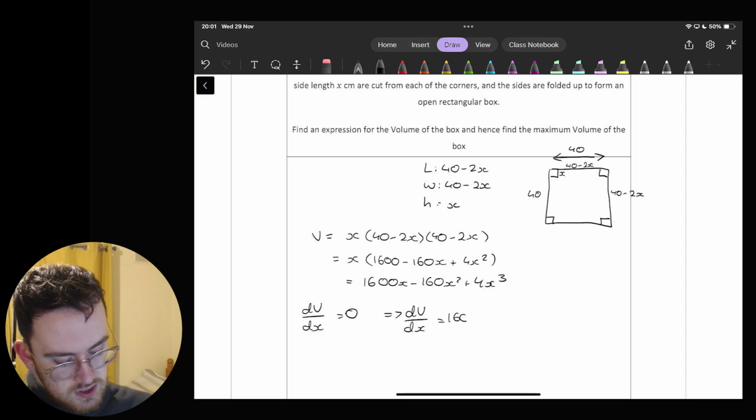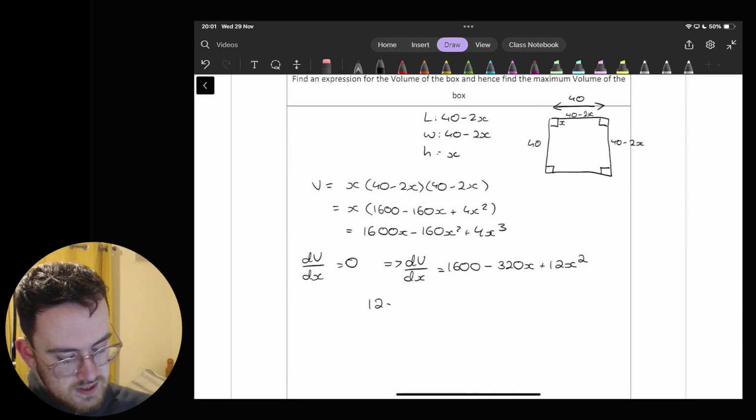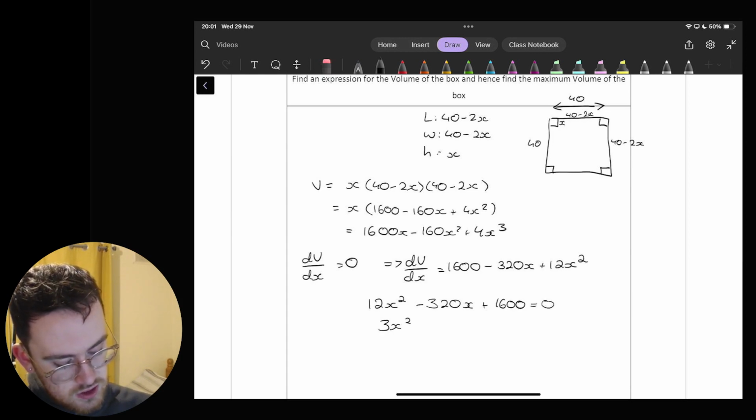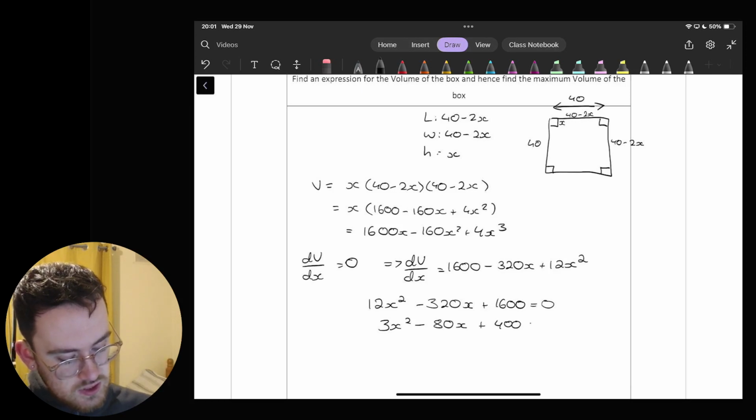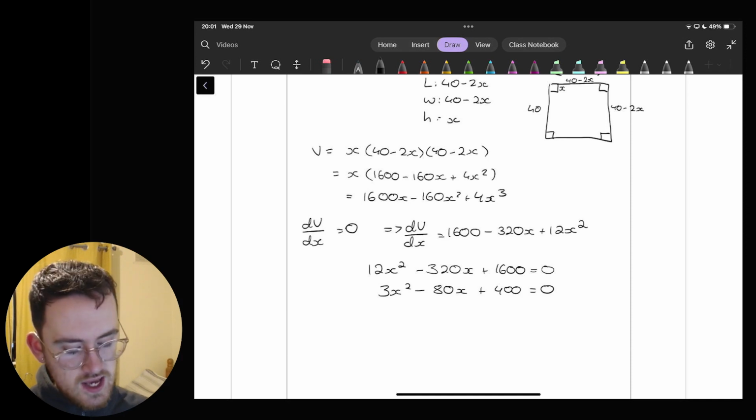Gives me 1600 minus 320x plus 12x squared. We're going to be setting that equal to 0, so let's take the equation here, 12x squared minus 320x plus 1600, putting it equal to 0. Let's divide across by 4, just to make it a little bit nicer for us if we can. So I'm looking for two numbers that would multiply to give me 1200 and add to give me 80, okay? So if I'm reducing that down straight into my brackets, I'm just going to go straight to the answer here, I suppose,